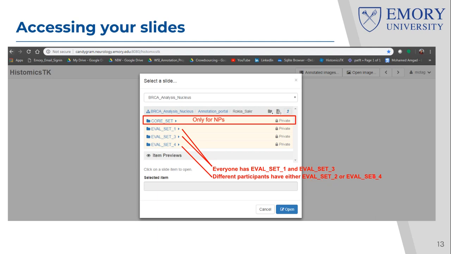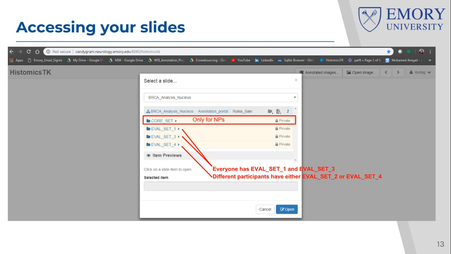So basically, you will have 3 evaluation sets: evaluation set 1, evaluation set 3, and either evaluation set 2 or evaluation set 4. Now, you will notice that I'm blinding you to what these evaluation sets are, or what experimental conditions resulted in these.